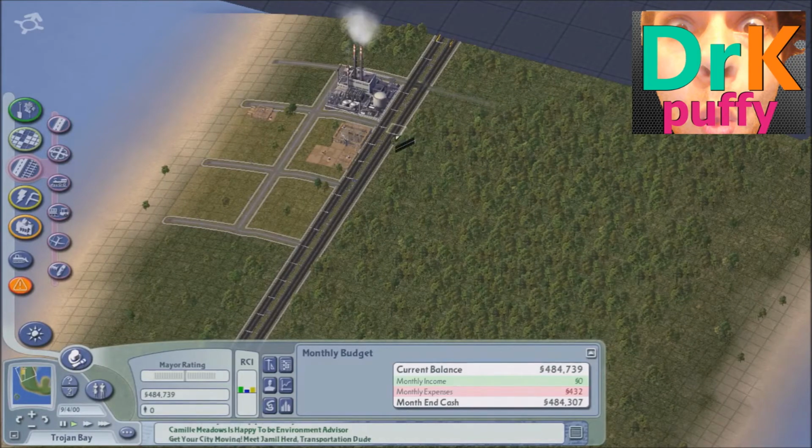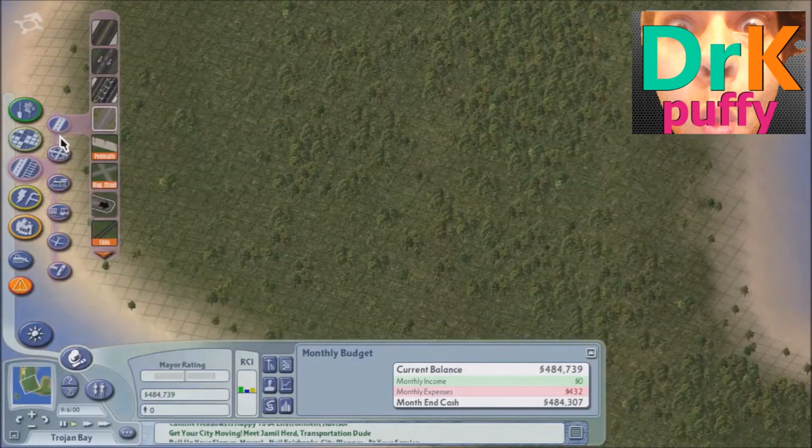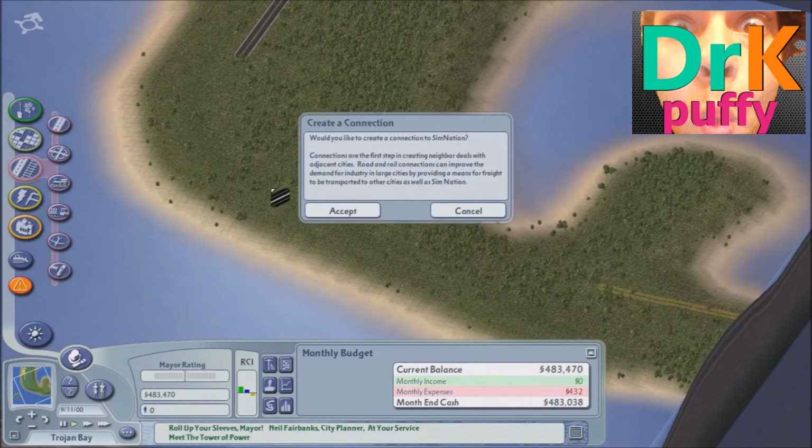I did say that I was using the network add-on mod, but I'm going to be avoiding using that as much as possible. There's going to be instances where I pretty much have to use it, for example, I can build roundabouts with the network add-on mod, which is very nice. And so I'm